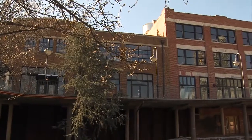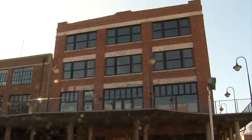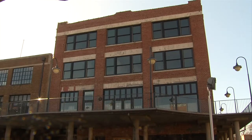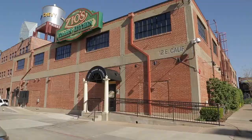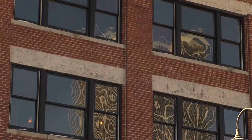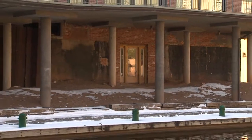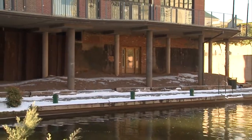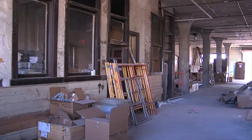Another project that's been interesting to watch is the work that's been going on with the old Ball Storage building and the old GE Appliance building. They're better known as the buildings where Zio's has been located. They were in very rough shape until they were bought by Harding and Shelton. And renovations have been going on for a while. They fixed up the exterior a couple of years ago, and I recently visited with them about the work that's going on inside. Again, we have a couple of stubborn holdouts,